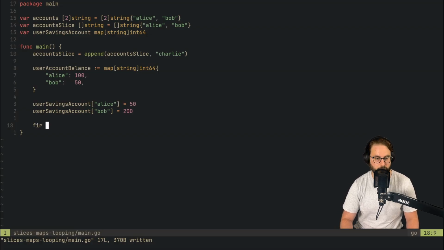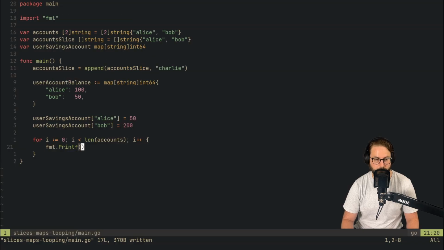We could say for i equals 0, and then as long as i is less than the length of the accounts array, then we're going to increase i. And for each iteration, we could say something like fmt print, and say account,